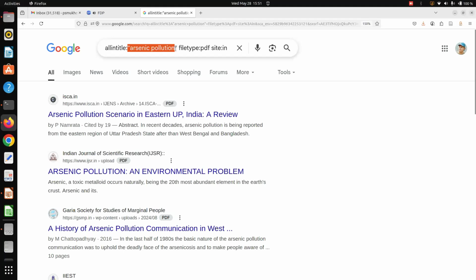So you retrieve only those documents where arsenic and pollution came side by side as a bound term and, mathematically speaking, separated by one space. Then you search this phrase in the title of the document, all in title, because you have multiple keywords, that is a special keyword. And then I want everything in PDF format, and I want everything from the India domain.